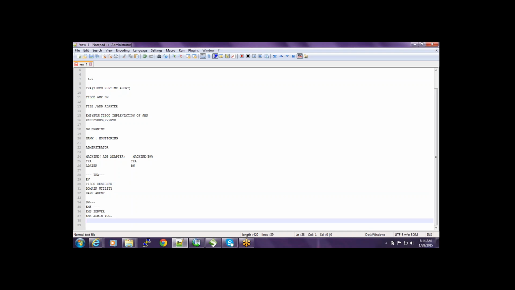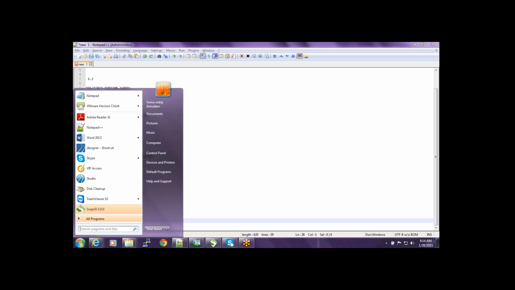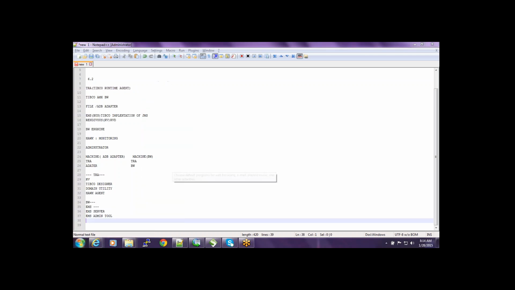I hope these are the only things we'll be using. Now let's go back to how it will show the installation directory and where exactly we need to go and change it. Now go to my computer. By default, it will get installed with the